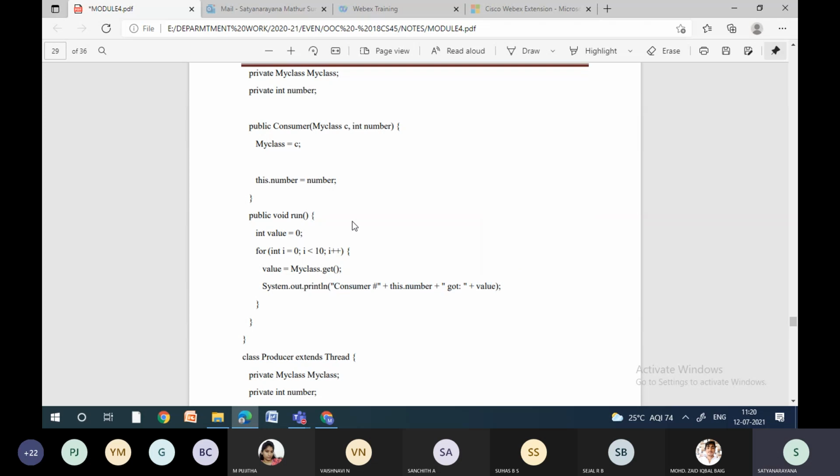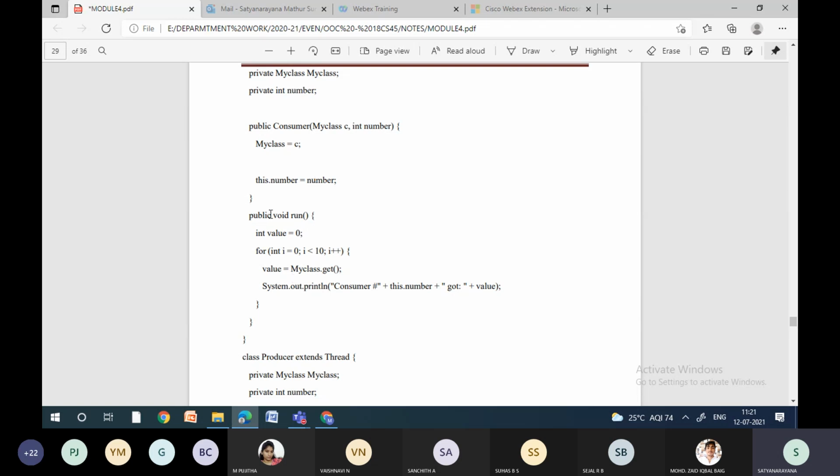Again, I am just repeating for your understanding. Please try to understand. First, for my class object, I am creating a my class variable or attribute. And we have taken two attributes in the consumer constructor. So that's why I am creating one more attribute as number. This value we already assigned as 1. Now what is going to happen? My class is assigned to a variable called C and we have number value as 1. So this is nothing but that particular instance. What is the value of number? 1. So it is going to take that 1 here.